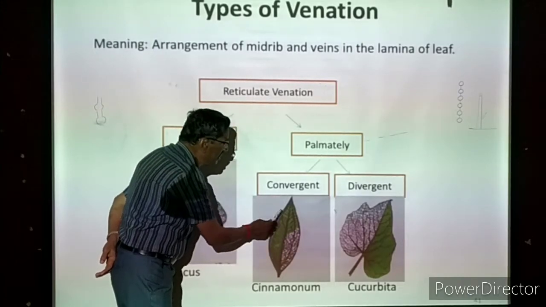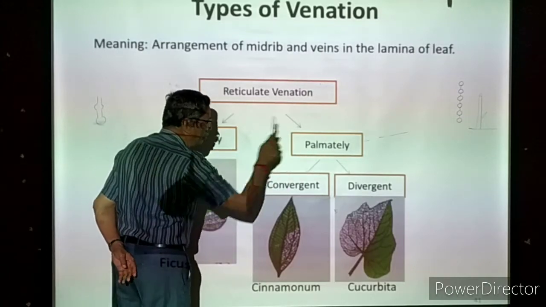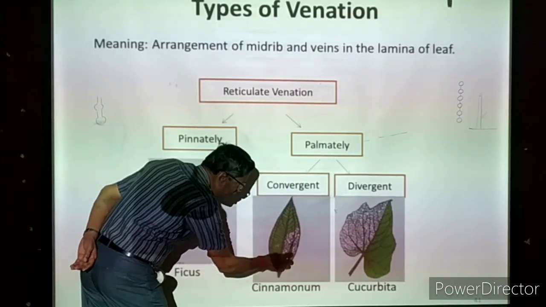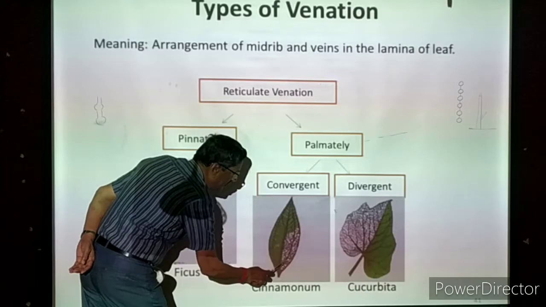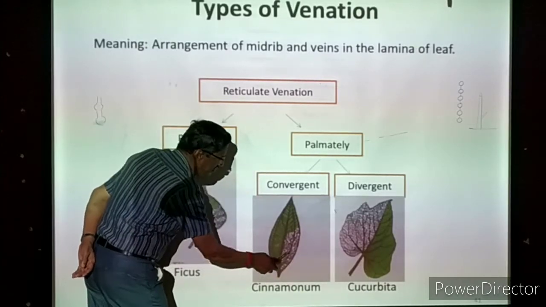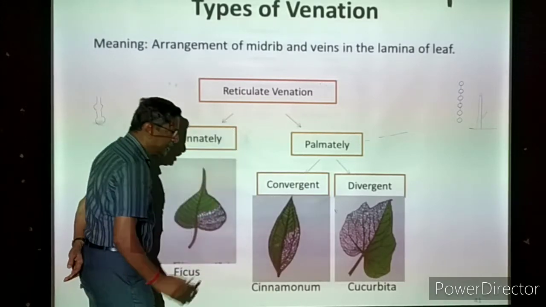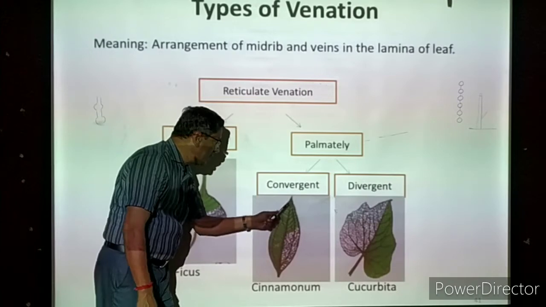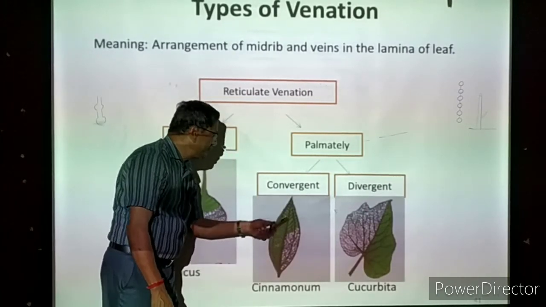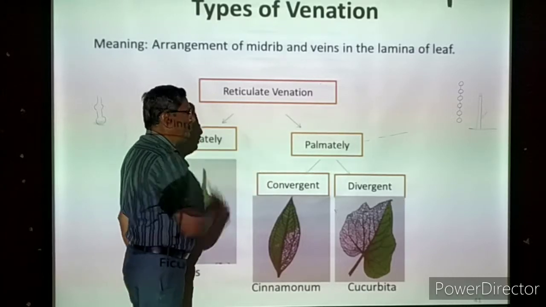They are converging means they are coming closer to each other. That is called a convergent. So convergent palmately. But if you take the veins which are coming from the base to the tip, they are divided into a number of branches forming a network everywhere. Not only in this area, everywhere it is like that. That is one small portion, they are telling that reticulum. So it is called a convergent palmately reticulate venation.